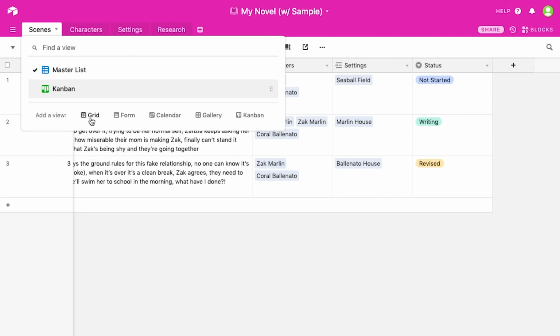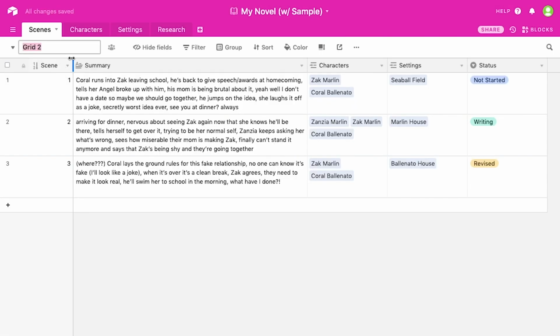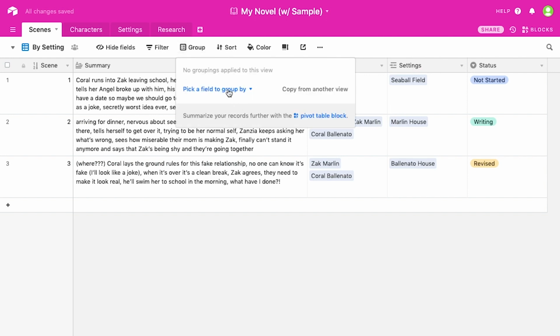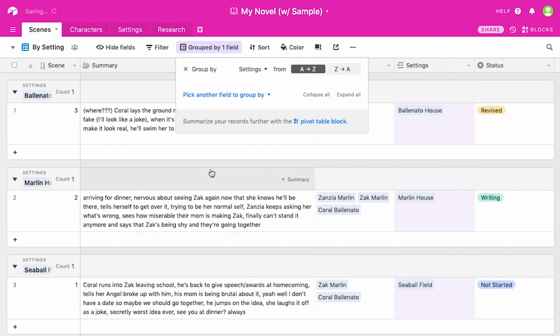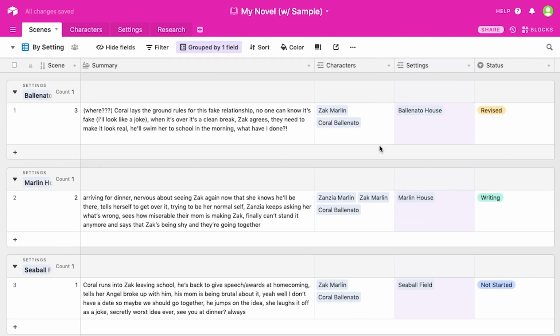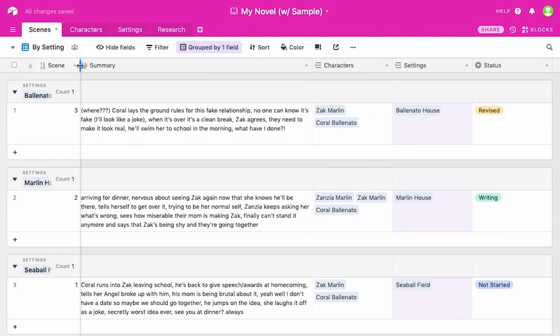Whatever grid view you're in, and then add a view grid. We are going to name this one by setting. And then we're going to choose group right up here in the middle. And we are going to say choose the field to group by is settings. So when you do this, now